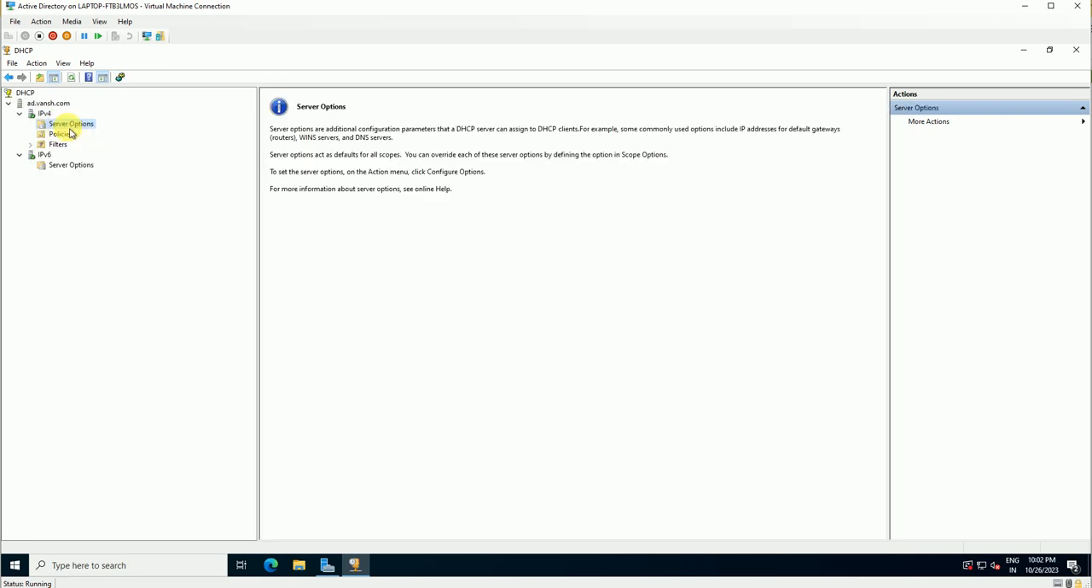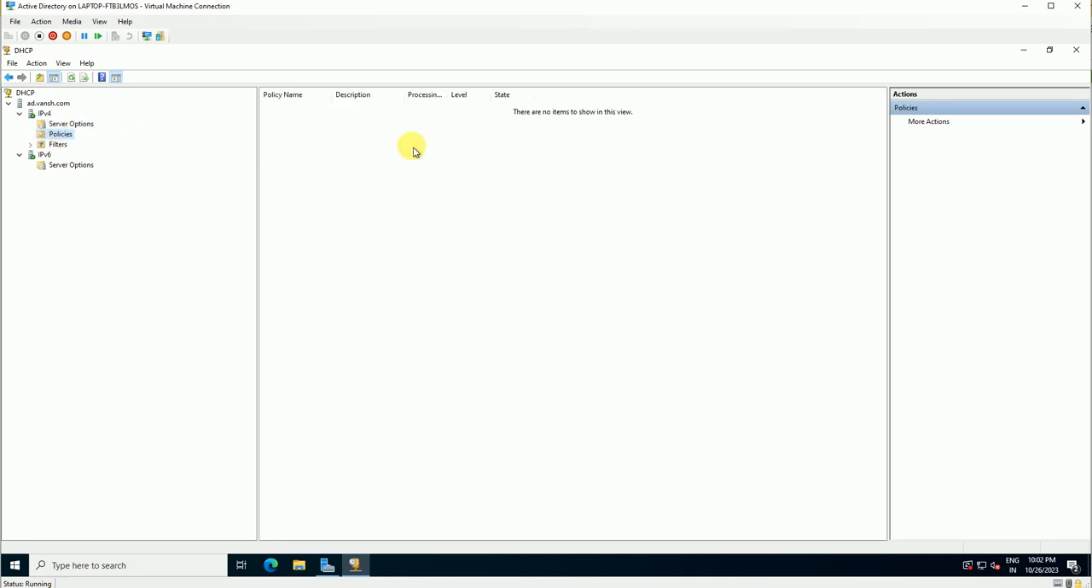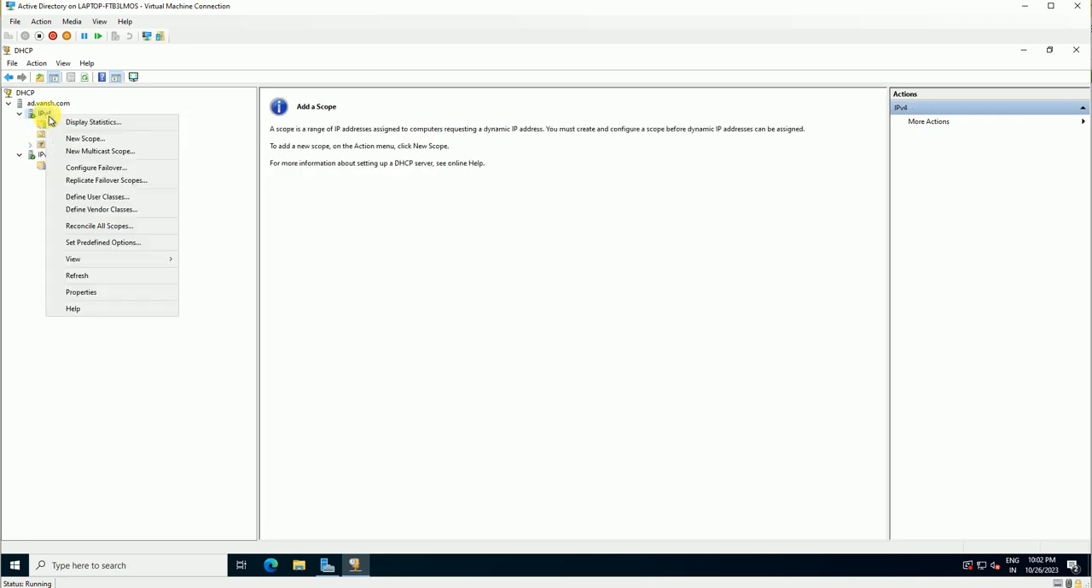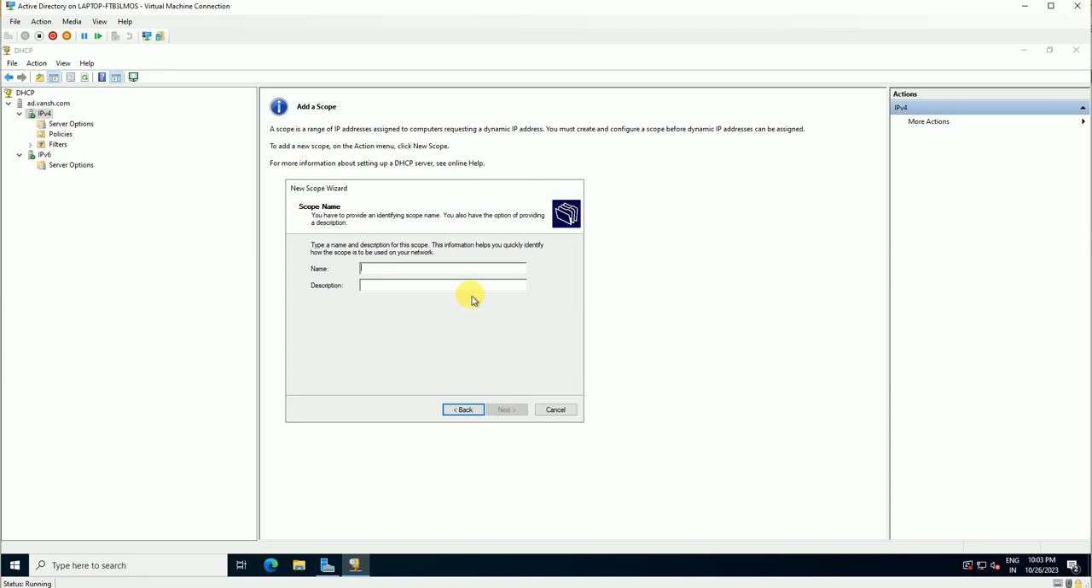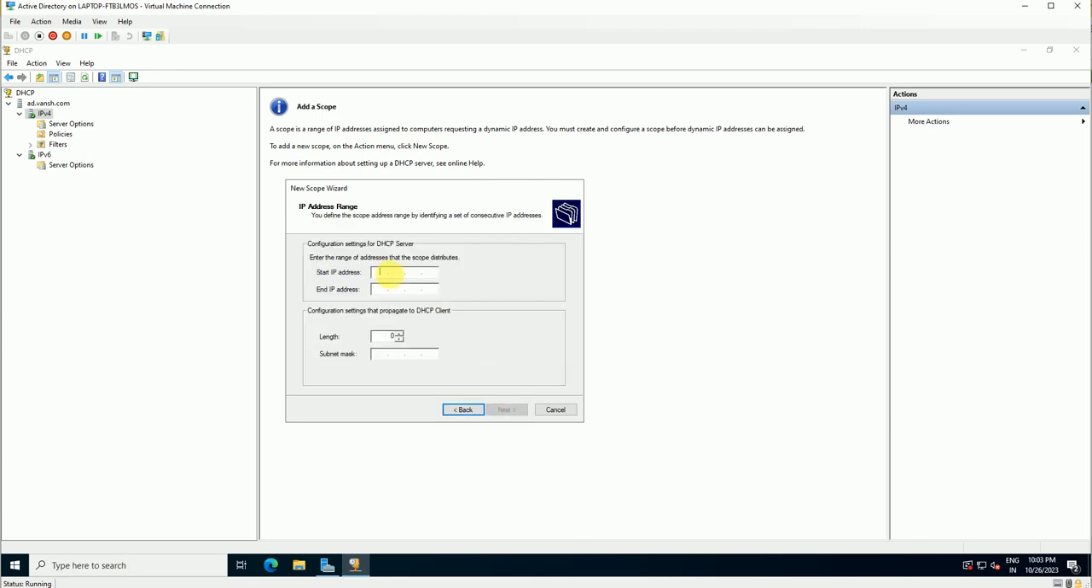So under the server options, the policies if you want to create them, the filters if you want to allow or deny, and if you want to create any scope, right click here and create a new scope. So once you define the DHCP scope, the IP range, and if any device is connecting to the DHCP server, that will get the dynamic IP in between this range. Click here, so you can mention any name, like Delhi location, Delhi IP scope. Now click on next, and you can give the IP